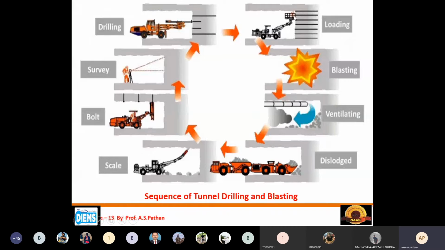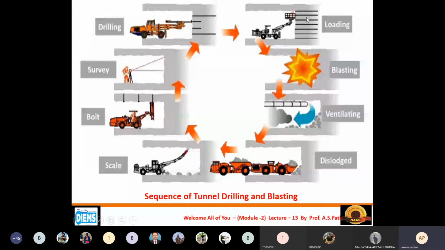So these are the machinery which is required. This is a platform for the operator, that is the worker, to stand on for charging the chemicals inside this particular hole.